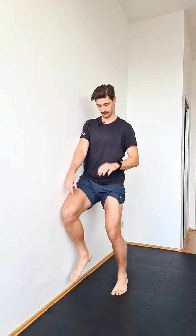Now from this position, I'm going to keep the hip in contact with the wall the whole time, this inner hip. I'm going to drive this knee up, and I'm going to punch up through the outer foot, the foot on the outer leg, I should say. So from here, I'm going to drive up and hold for a second, really locking out nice and high with